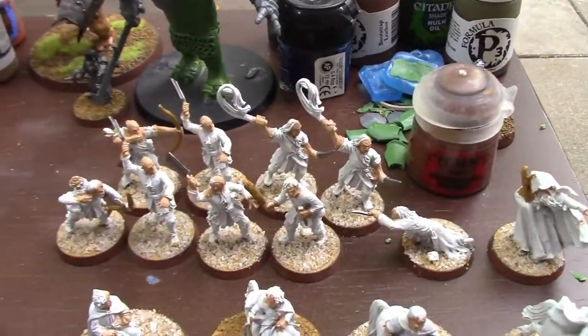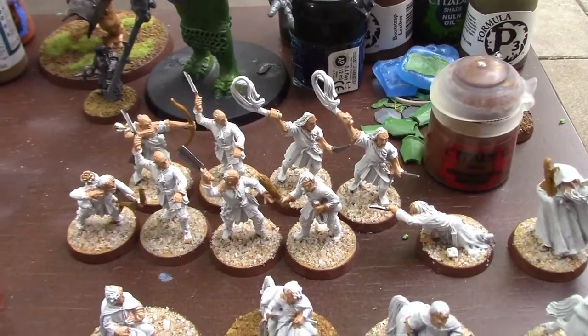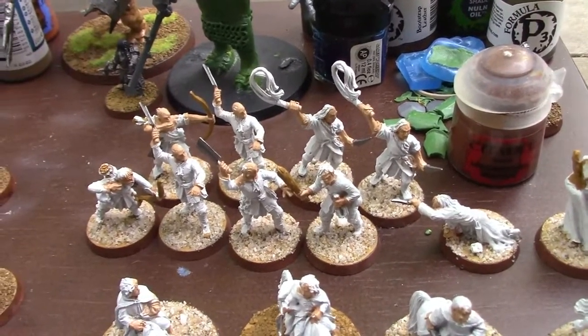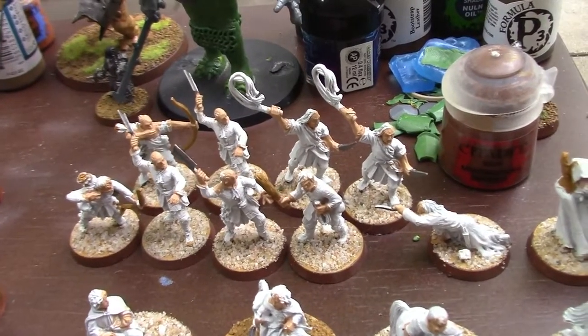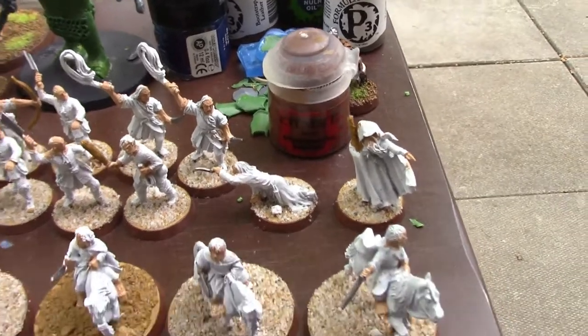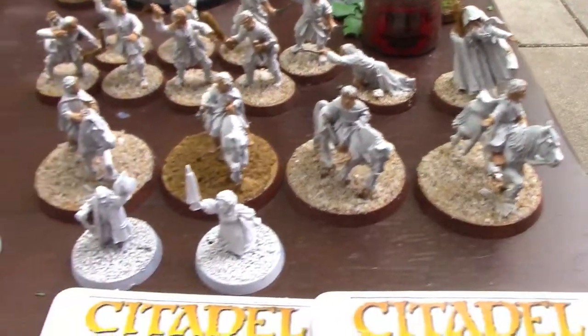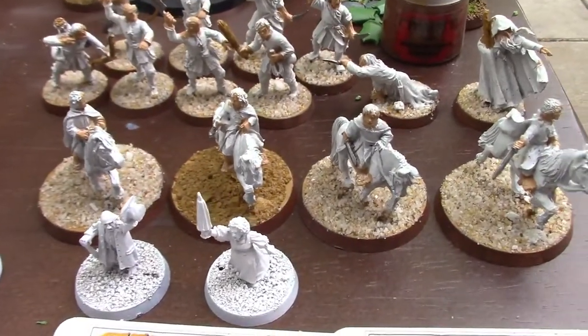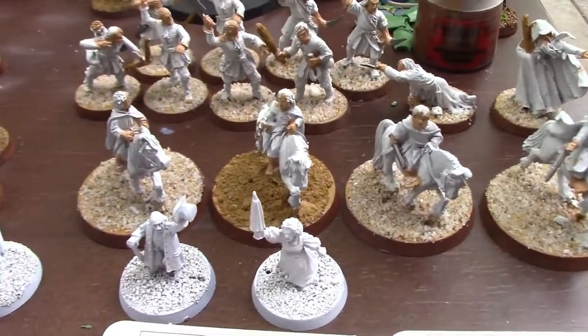I know I don't have enough ruffians. I have about 12 of the ruffians. I think 4 are painted, and the other 8 are primed, and I've started doing the basing. And Sharky and Worm are there, and up here I've got Lobelia and Paladin Took, and then the 4 mounted Hobbit heroes, of course,